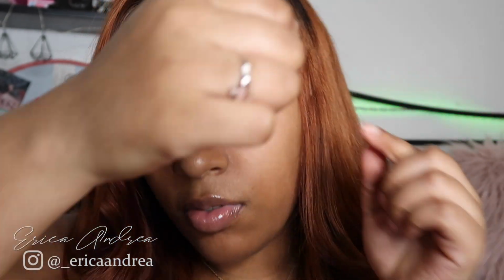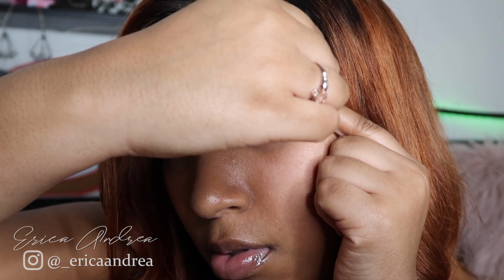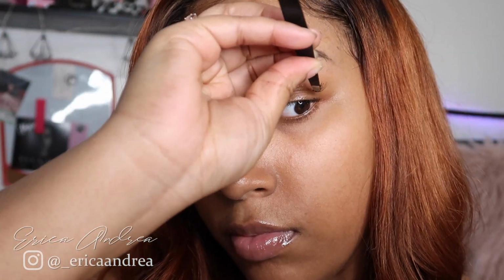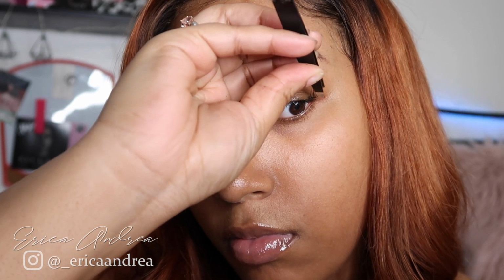Now this part can get a little bit tricky, especially for me. I had a little bit of trouble trying to figure out what angle is the best way to place these lashes. As you guys can see, I'm kind of trying to do it from the top now, and later on you'll see that I start to do it from the bottom. But yeah, you're just gonna have to bear with me. Eventually I will figure out the best way to put it on. Yeah, I still didn't get it. So I'm gonna go ahead and do it for the third time and try to overhand place it, as you guys can see,